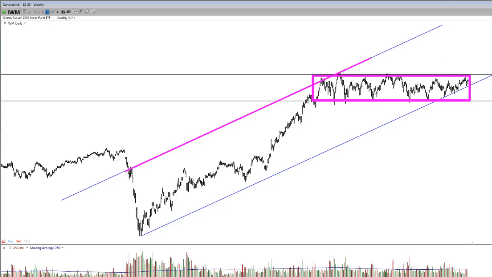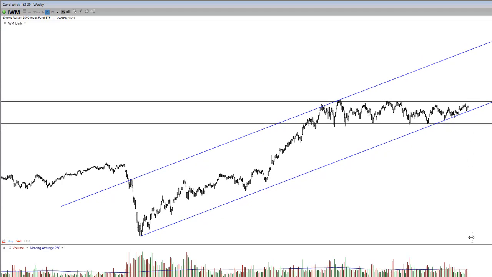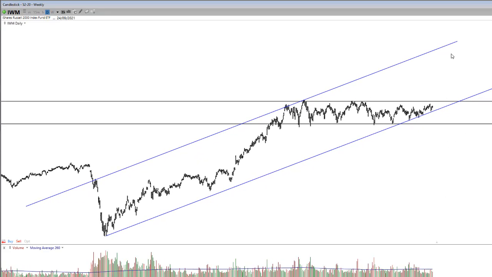So I wouldn't be too surprised, guys, if we started to get some sort of strong breakout bar through here on the Russell 2000 ETF, then it wouldn't surprise me to then run to the other side of the channel. And if we do some analysis, we can see that the other side of the channel is obviously up through here, right?